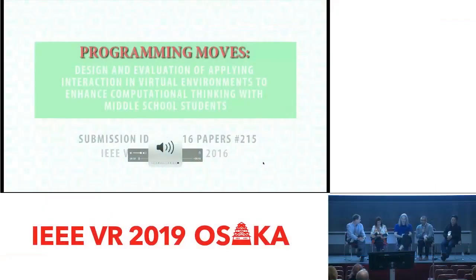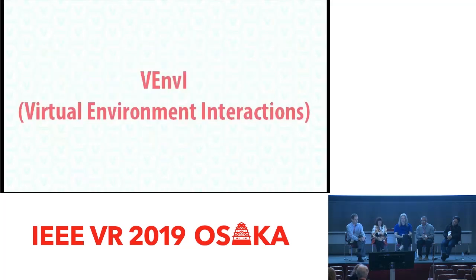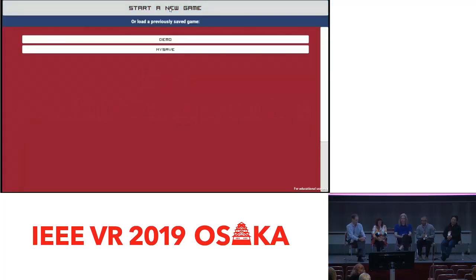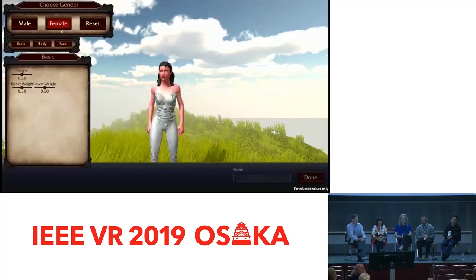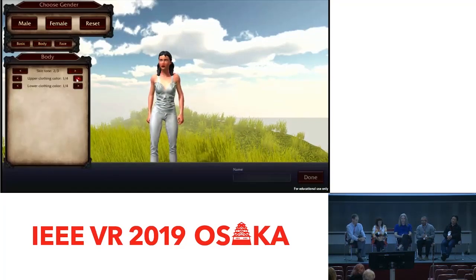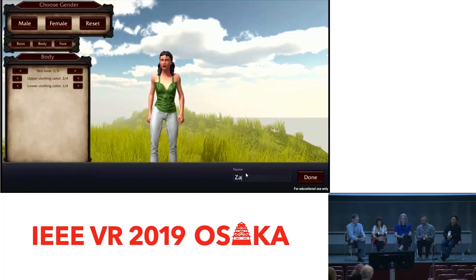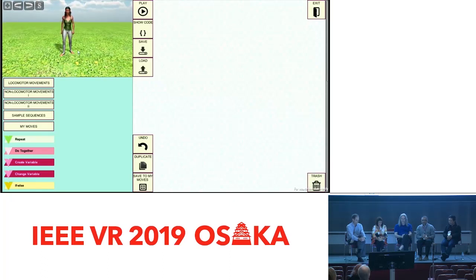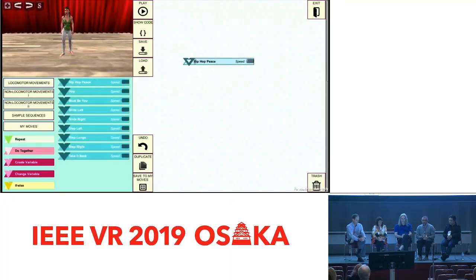In this video, we introduce programming moves, design and evaluation of applying embodied interaction in virtual environments to enhance computational thinking in middle school students. What is VENVI? VENVI stands for Virtual Environments Interaction. VENVI is a visual programming tool that marries dance and computational thinking in pursuit of enhancing students' enthusiasm, excitement, and interest in computer science. Due to a lack of representation of minorities, especially African Americans, Hispanics, and females, in computer science and STEM fields in the United States, VENVI was created with the intent to engage 5th and 6th grade